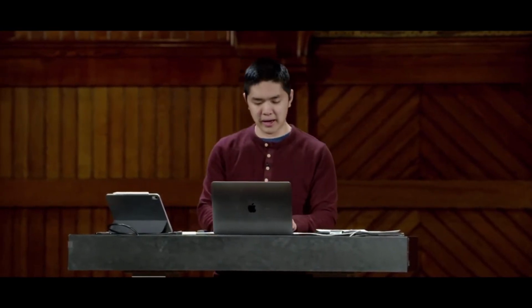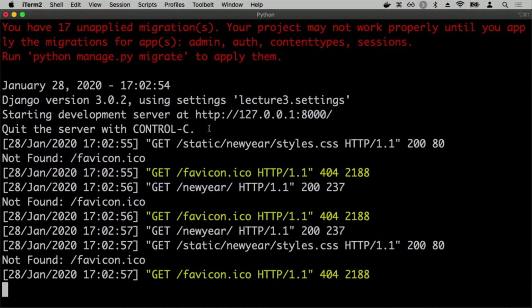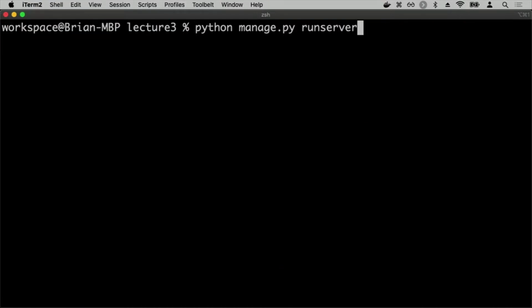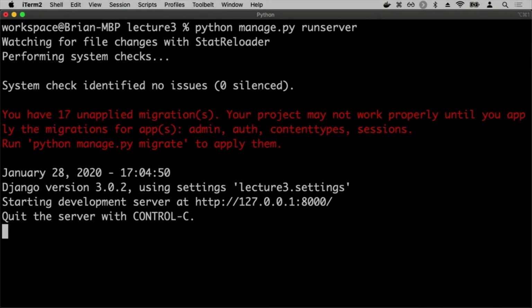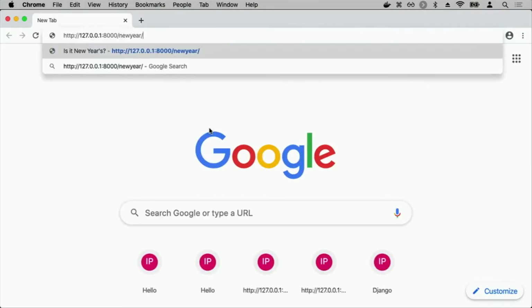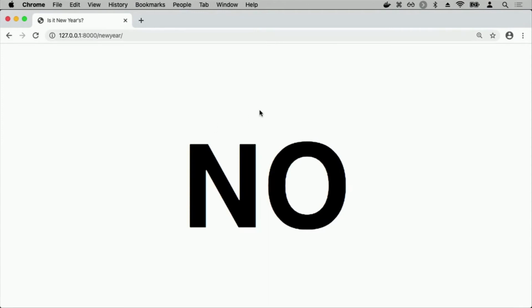So now that I've said that I want to link this particular static file, styles.css, into this web page, what I might first need to do just to let Django load static files is restart the server. So you might sometimes need to Control-C and then go ahead and rerun python manage.py runserver. That will rerun the server. And now if I go back to the /newyear route inside my web browser,